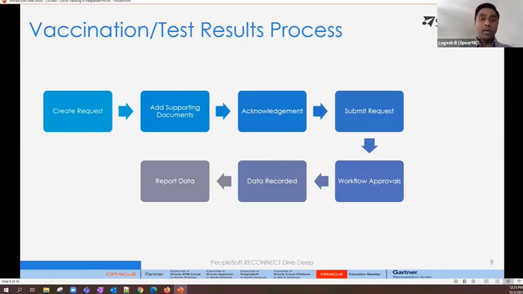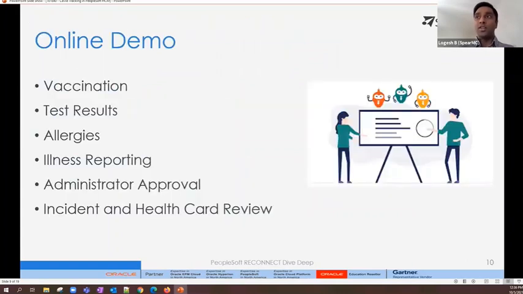So the reporting of this information at this stage is all query-driven. You have all the underlying data tables where the information is collected, and customers can create their own queries to report it. But soon we expect some of the delivered analytics to come to the fore as well. Okay, so those are the two key processes: reporting an incident and reporting vaccination and test